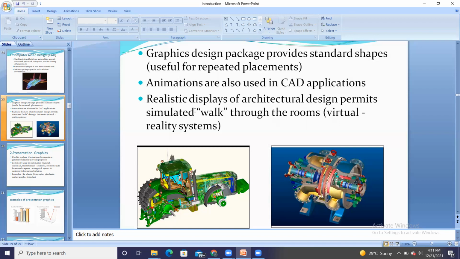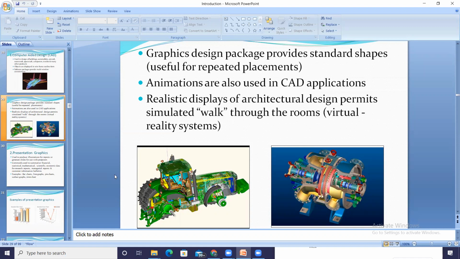Then realistic displays of architectural design permit a simulated walk through the rooms. As we already discussed, CAD is useful for drawing building structures as well. If we have drawn the building structure and we use virtual reality, then it is like entering the rooms on our own, the same as walking through the rooms.